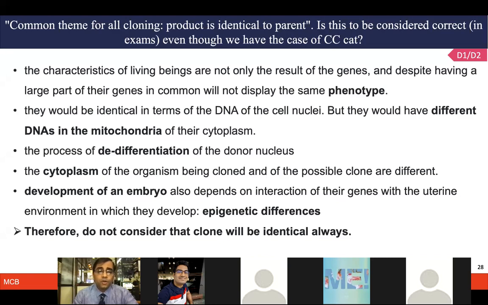But just for your information, because you've asked about this, we have put the information here on how, although the cloning process is very similar, there is going to be the influence of other types of genes as well, which are the genes from the mitochondria coming in the cytoplasm. Even during the development phase, a lot of effects will also come from epigenetic factors, which might come from the uterine environment, and they will result in some differences. So you're absolutely right, they are not exactly identical, although by definition we say that a common theme for cloning is that the products are identical to the parents.